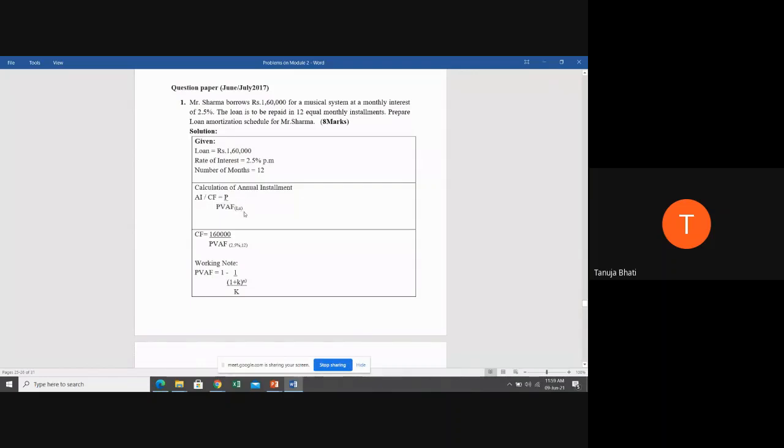Now, what all is given? The loan amount is given. The rate of interest is given, 2.5% per month. And the number of months is given, 12 months. Monthly, you have to finish the loan within 12 months. Now, we have written the present value as 1,60,000 divided by present value annuity factor, which is 2.5% for 12